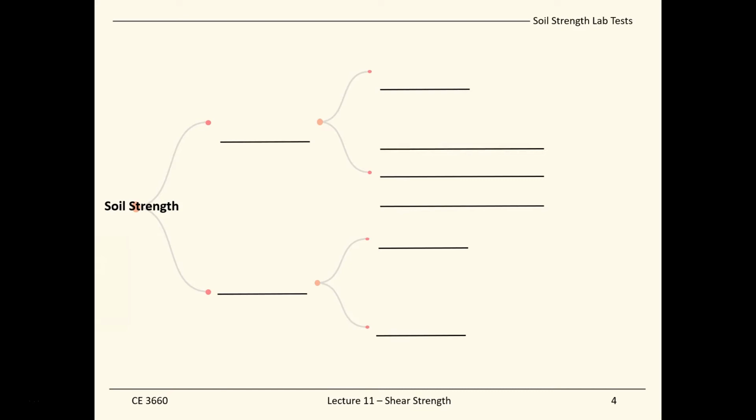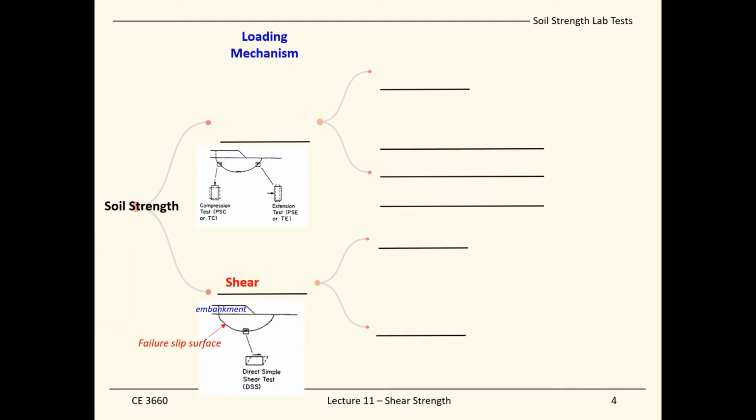Speaking of loading, the different types of lab testing that we have on soil strength. If we want to characterize soil strength, the first thing we need to think of is the loading mechanisms. One more time, with the critical slip surface that we mentioned, the bottom part of the slip surface provides a shear type of mechanism, and at the other two ends, right underneath your loading area of foundations, or at the toe of the embankment,